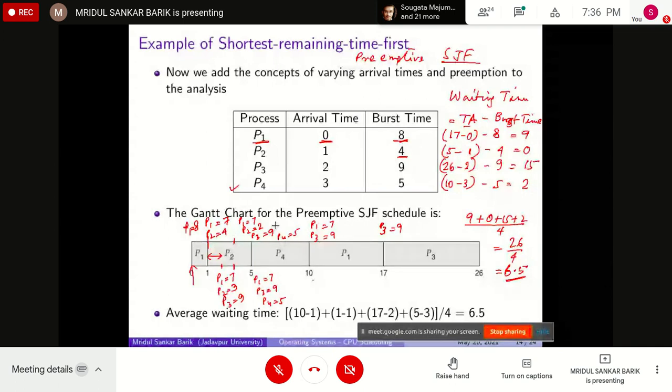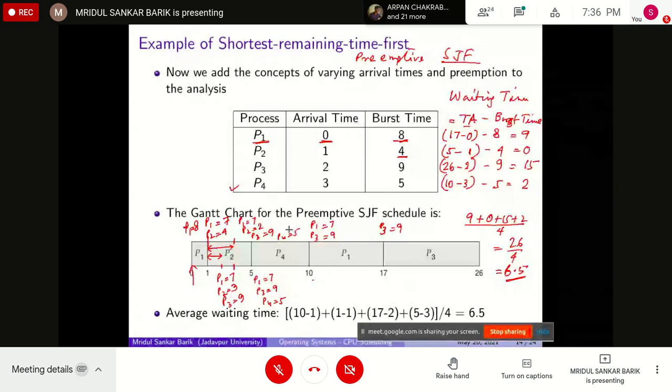কারণ দেখো, প্রসেস P4 অ্যারাইভ করছে টাইম ইউনিট 3 তে, তার আগে কিন্তু আসেনি। তো সেখানে দেখানো হয়েছে P1 এর বাকি আছে 7, P2 এর বাকি আছে 2। কারণ P2 দেখো, এই যে 2 টাইম ইউনিট এক্সিকিউট করেছে, 1 প্লাস অ্যানাদার 1 2, তাহলে 4 থেকে 2 বাদ দিলে 2 হচ্ছে। P3 এর হচ্ছে 9 আর P4 এর হচ্ছে 5।